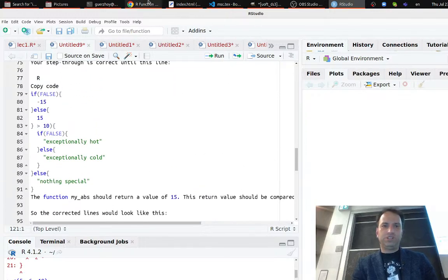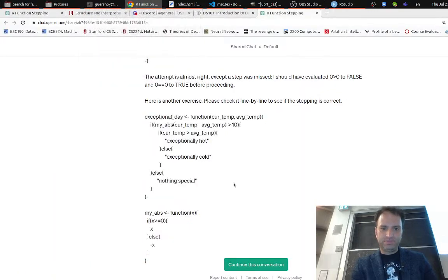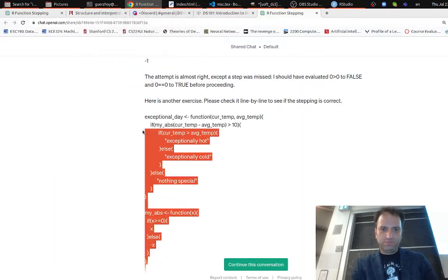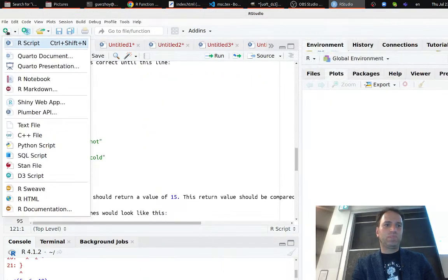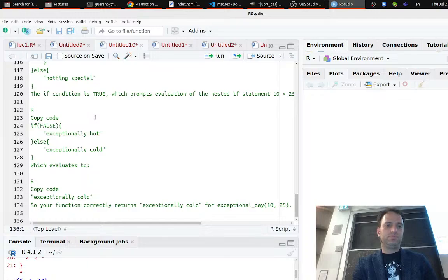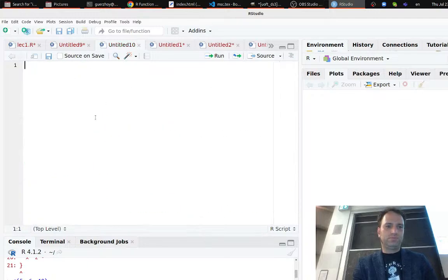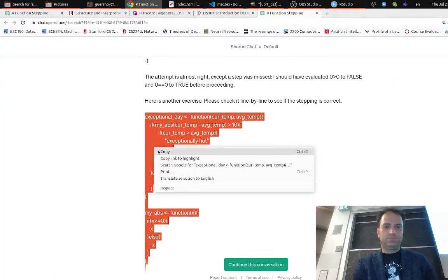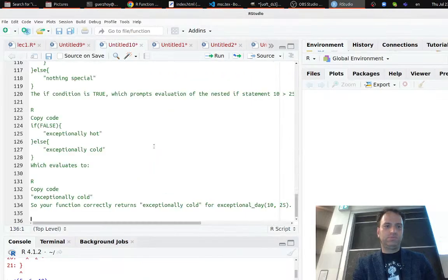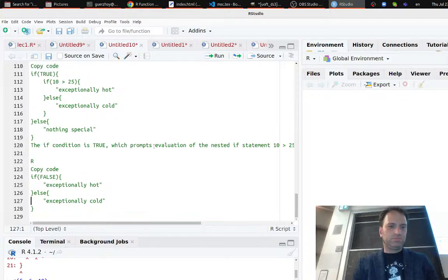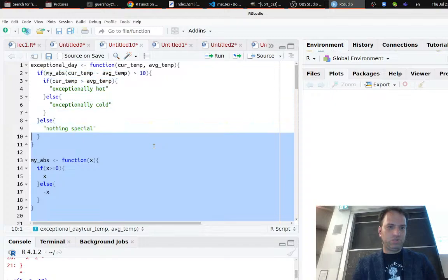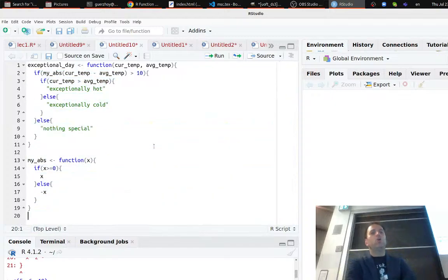So, sorry, I didn't copy the right thing. Okay, so I want this. Okay, it refuses to just copy the thing that they wanted to copy. So this is the code. So